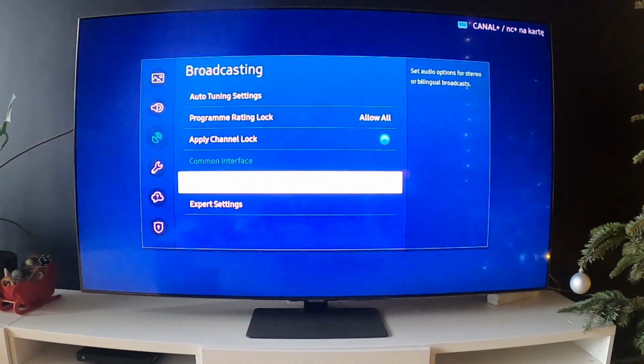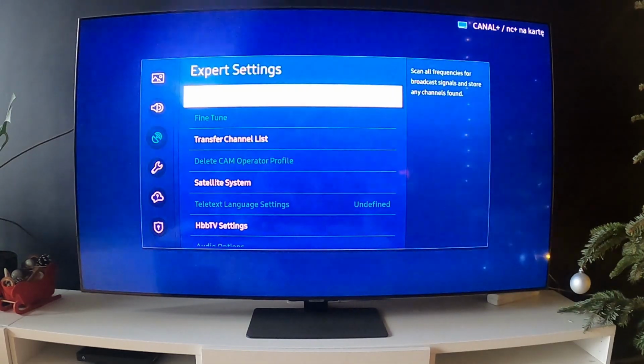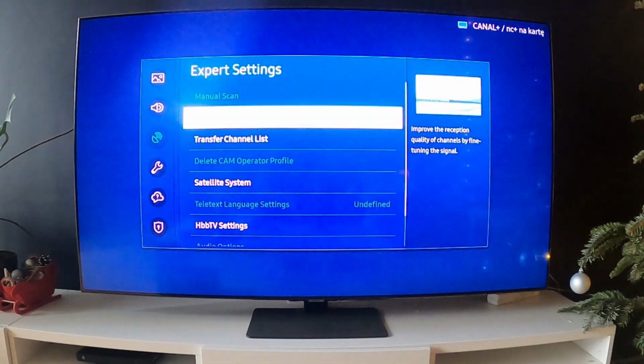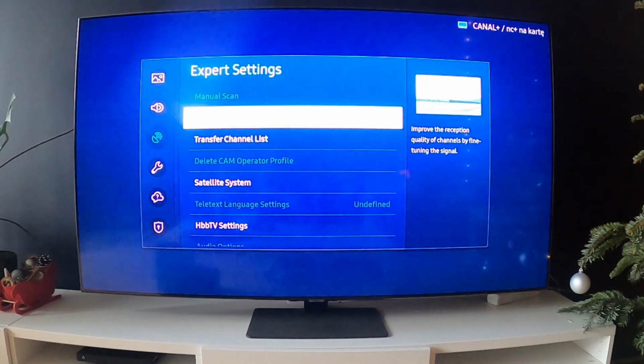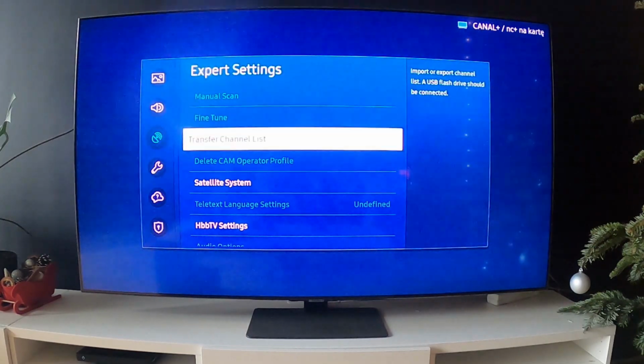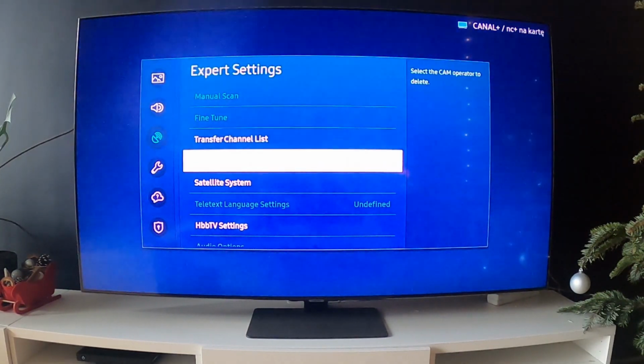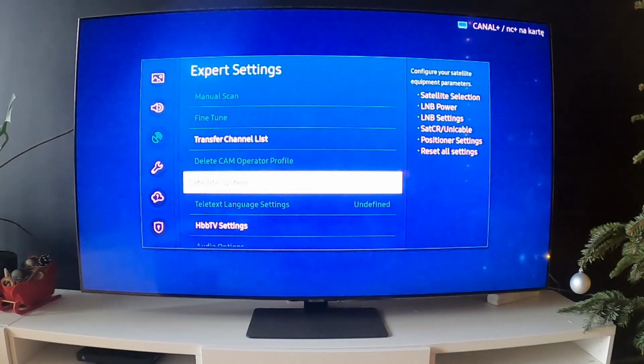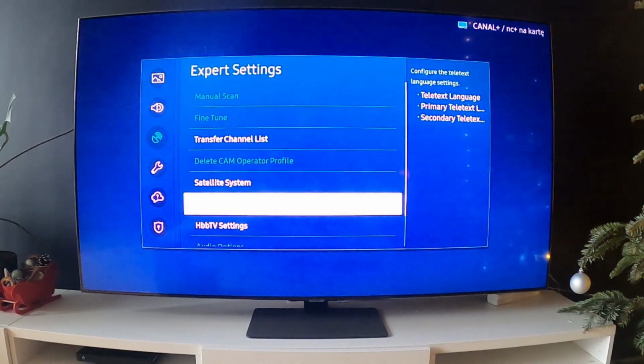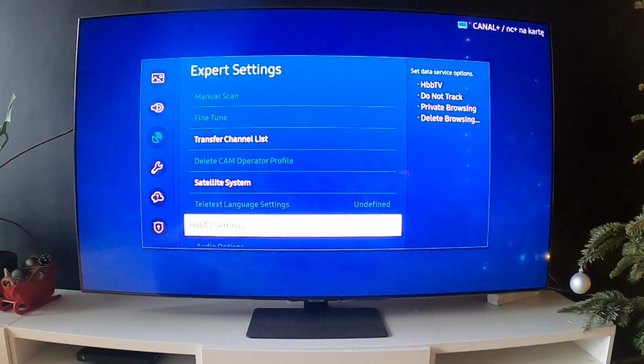Thanks to this function you can go to expert settings of broadcasting and manually scan for channels, enable fine-tune function that improves reception quality of channels by fine-tuning the signal. Then you can transfer channel list, delete CAM operator file, manage satellite system, change teletext language settings, and manage HBB